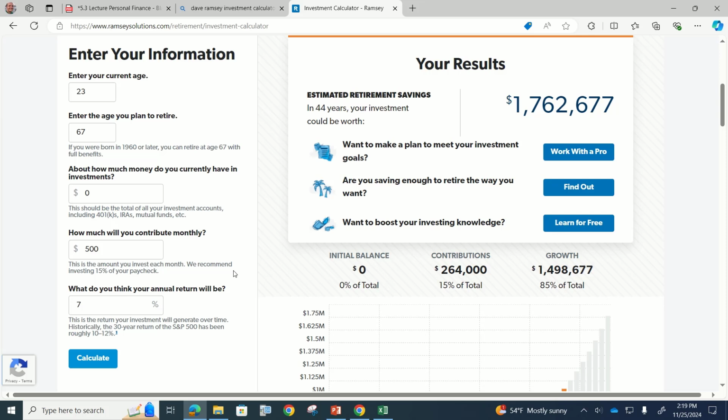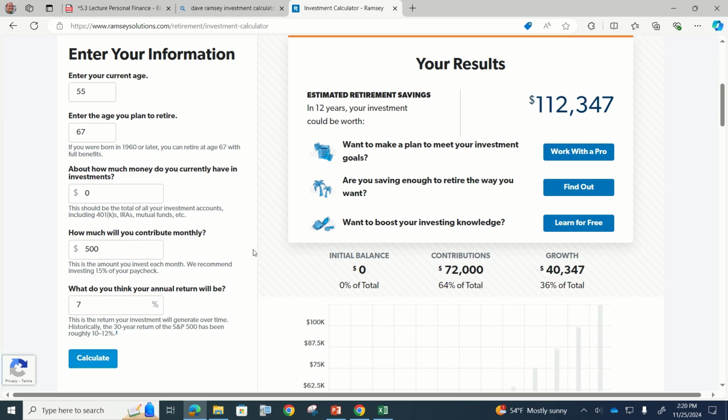If you start when you're 23, maybe you contribute $500 a month towards your retirement, and you can end up with 1.7 million. But what if you don't start when you're 23? What if you say, I'm going to wait until I'm 55 years old, when my kids are grown up and they're all out of college and I don't have any expenses, then maybe I'll start thinking about it. Ooh. If I were to wait until I'm 55 years old, now my personal contributions, the money that I had to work for, makes up 64% of the total. And the money doesn't have as much time to grow. So it only makes up 36% of the total. If you put in the money early, it has more time to grow and